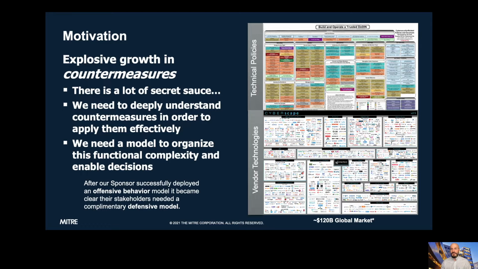Imagine a third audience for this. Let's say a cybersecurity investor who's trying to decide whether or not they should invest in a product. They have to understand what problem is being solved, has that been solved before, and is this being done in a new and novel way, right? So we felt like if we could address these multiple audiences, that would give us some indication we were on